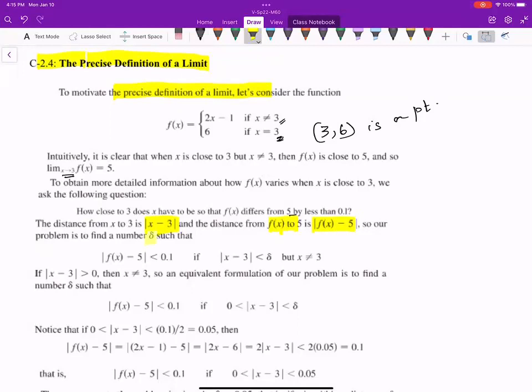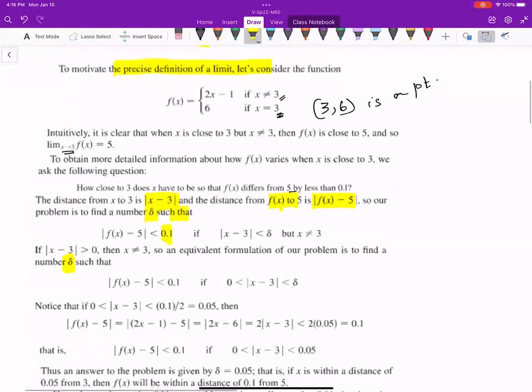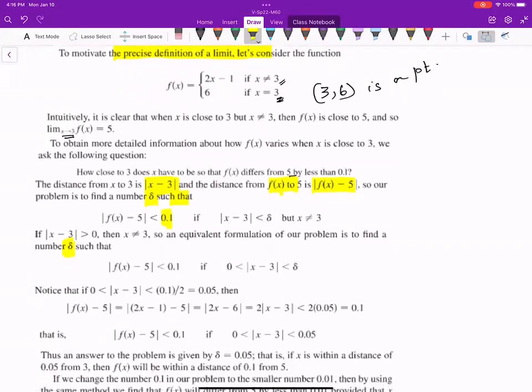The problem is to find the delta such that the difference between f of x and 5 is less than 0.1 if absolute value of x minus 3 is less than delta, but x is not equal to 3. So an equivalent formulation of our problem is to find a number delta such that absolute value of f of x minus 5 is less than 0.1 if absolute value of x minus 3 is less than delta. So the idea is we need to find out